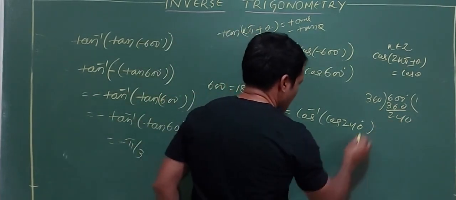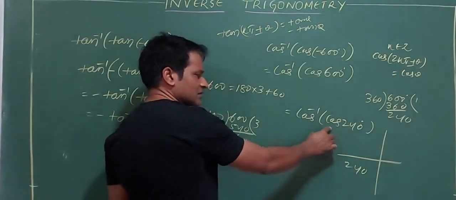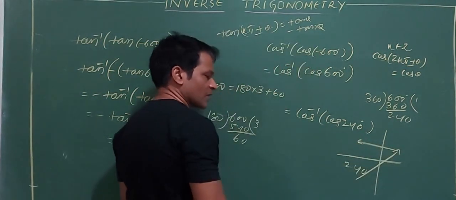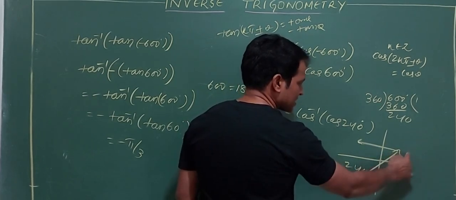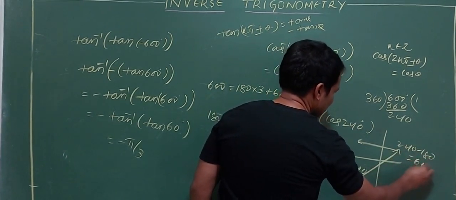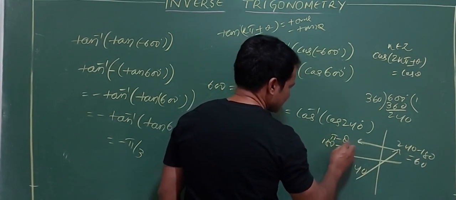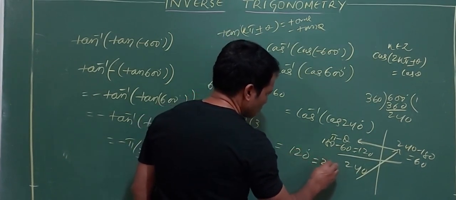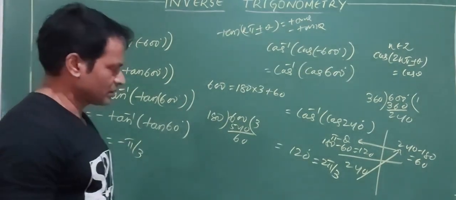Alright, 240 degree. 240 is in which quadrant? Third quadrant. I am calculating cos. Cos is negative here. So I transfer my value here. If I want to go from here, what did I tell? 240 minus beta minus pi, or whatever value minus pi. 240 minus 180 is 60. And to go there, pi minus theta, that means 180 minus 60, which is 120 degree, or 2 pi by 3.